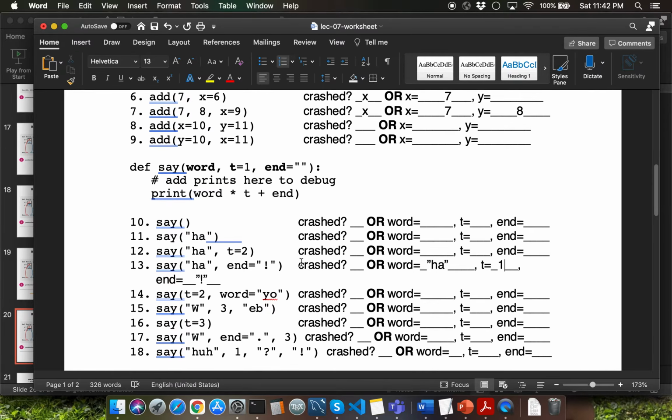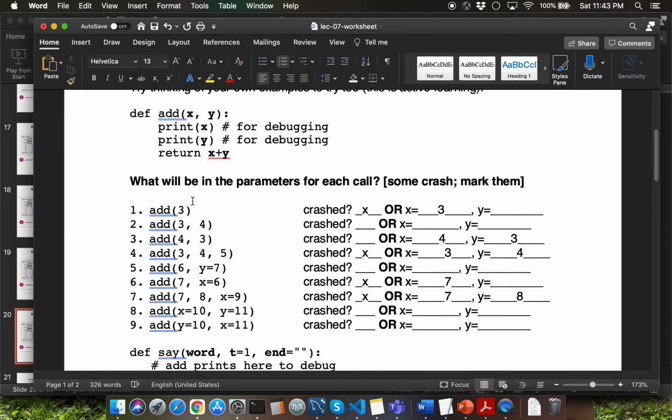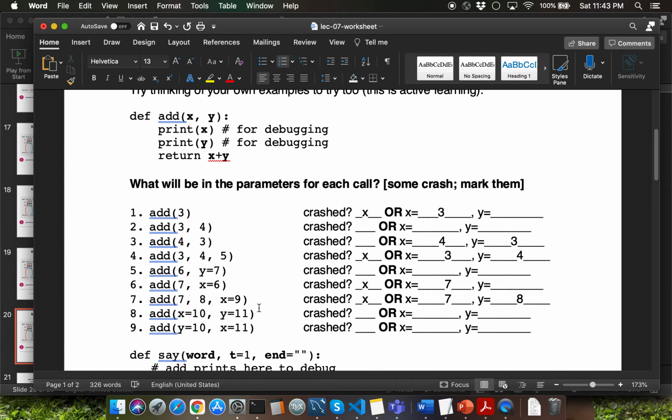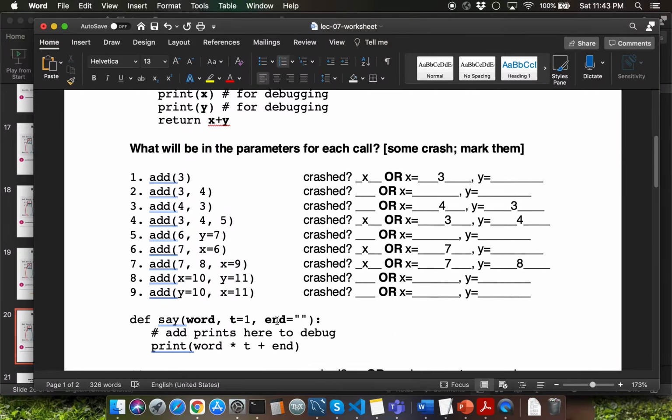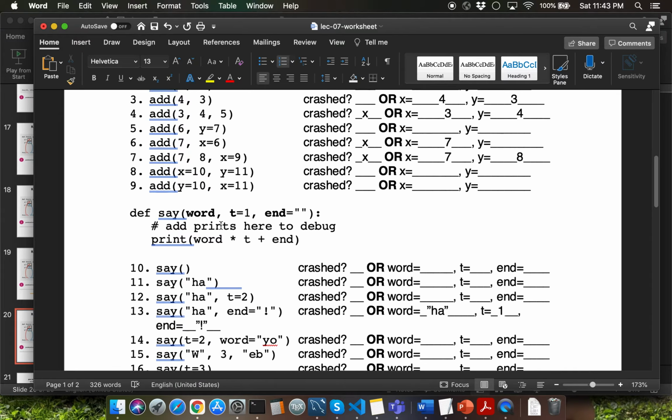Please make sure to go through the rest of the problems. One thing which might be useful for you is to go through the problems first by using your computer keyboard, and then you can copy the function definition and paste it into Jupyter and test the function calls to confirm whether you had the correct mental model about each of those function calls. Do make sure to get practice by going through the function calls without using a Python interpreter first.